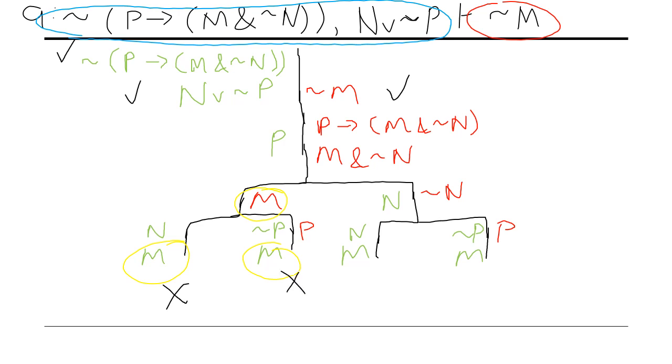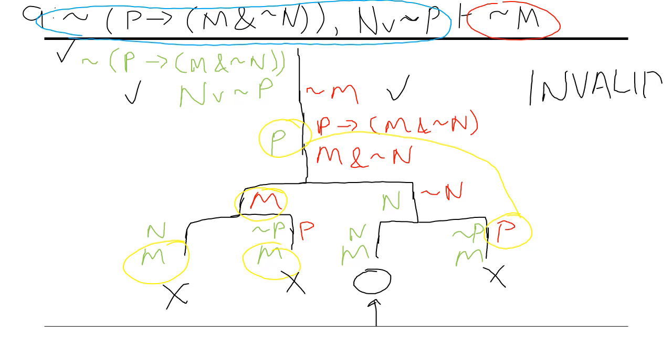M on the left, N on the left, P on the left. There is an open branch there. Then I've got a P on the right and a P on the left, meaning this one is closed. So since I have at least one open branch, namely this one, it is invalid. And to provide a counterexample, it will be